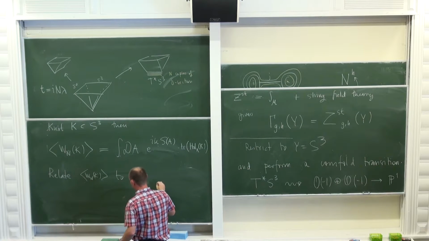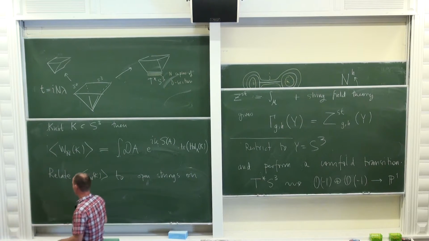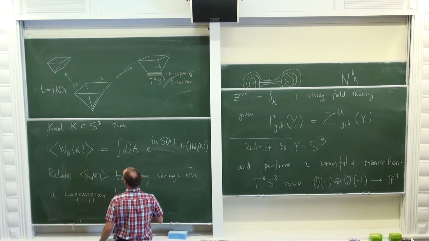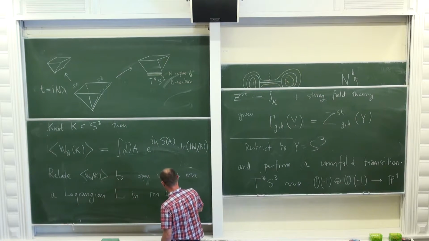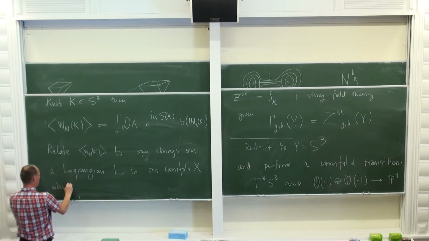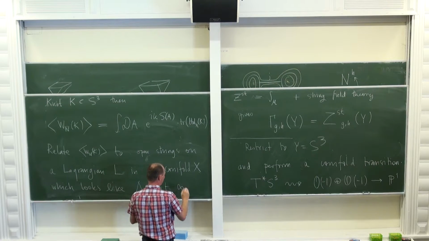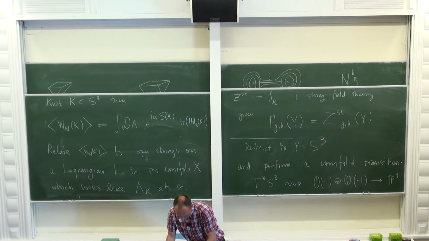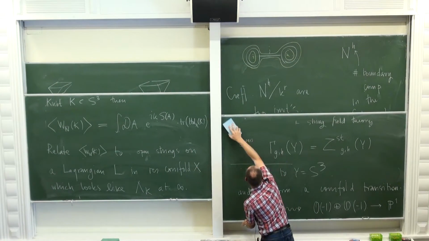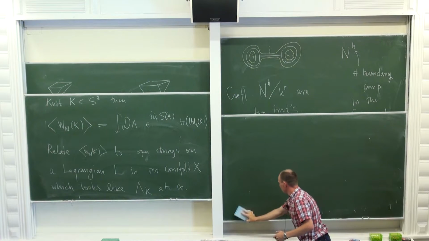So, open strings on a Lagrangian L in the conifold, in the resolved X, which looks like lambda K and K. So that's somehow one should now, in order to express this in some sort of symplectic way, again, this in symplectic terms, this is some statement about